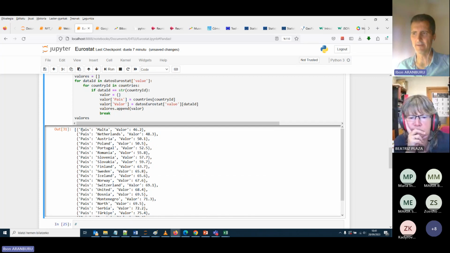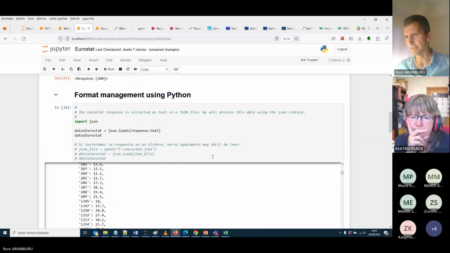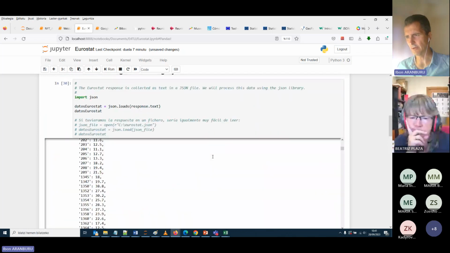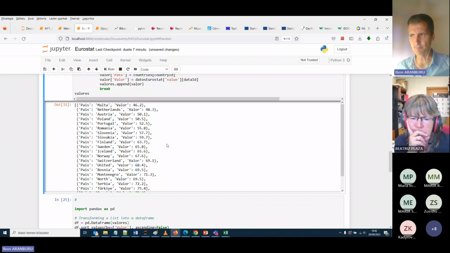We have the country, or país, and the value of each country, in euros, sorry, euros per inhabitant, for each country. And now it's more